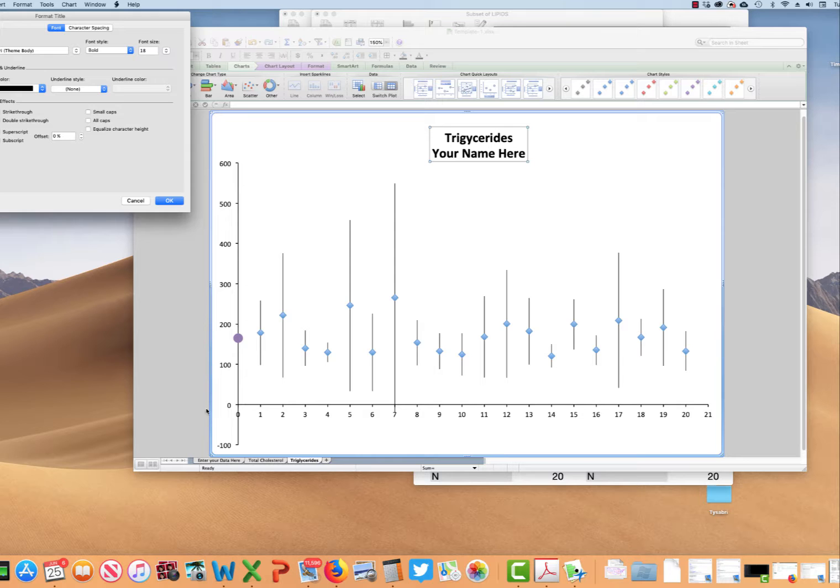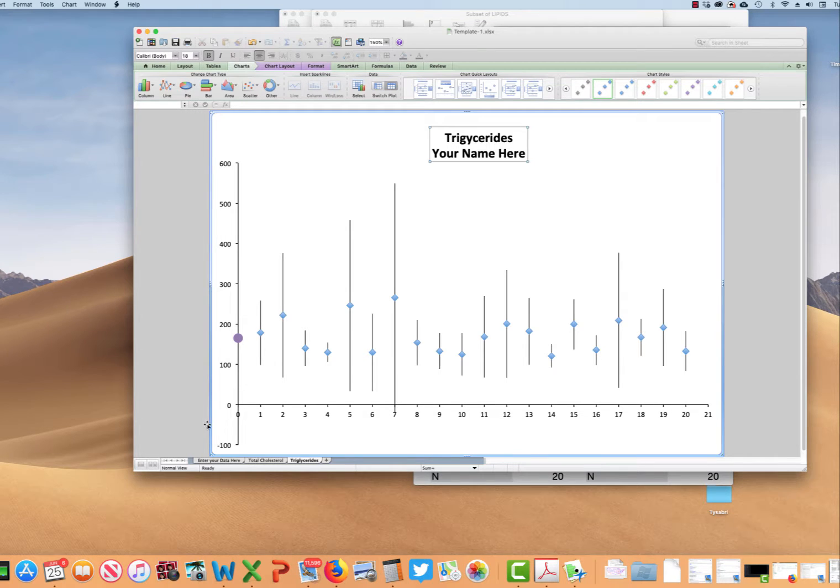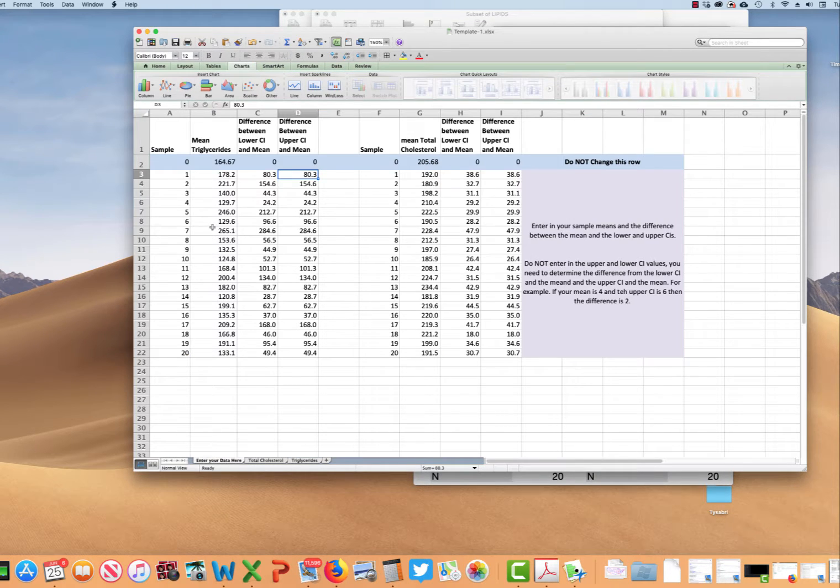Otherwise, the only things that you are changing in this Excel spreadsheet are your 20 means from triglycerides, 20 means from cholesterol, and then the distance to the lower bound and the distance to the upper bound for each of those. Save the template under your name and send the entire Excel spreadsheet back to me through the Canvas assignment